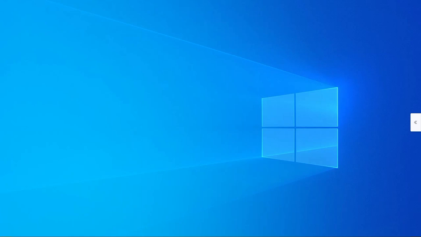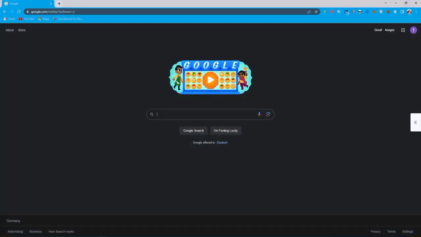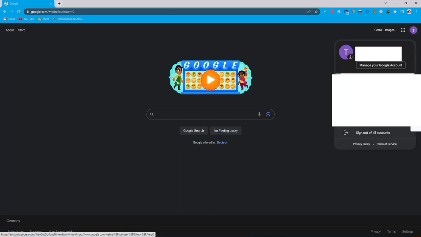So guys, let's start this video on how you can easily enable your two-step verification. For this, we need to go to our browser. I use Google Chrome, and you need to sign in to your browser with the Google account for which you want to enable two-step verification. In the right corner, you can see an icon. I just click on it, and now you can see Manage your Google account. I just click on that,